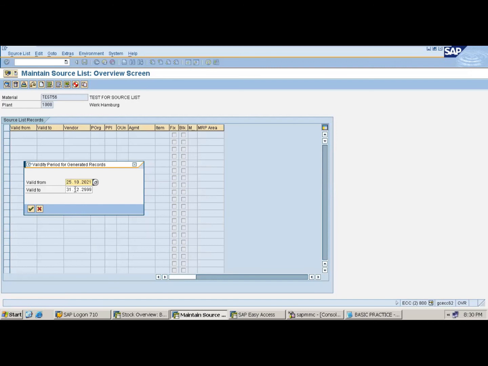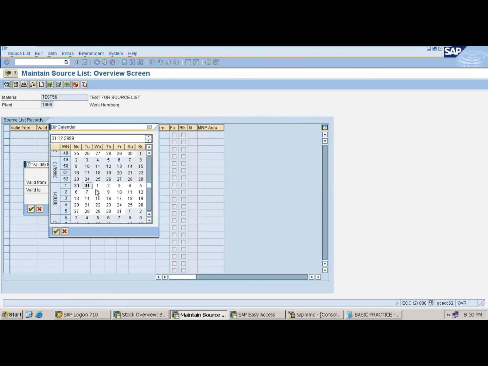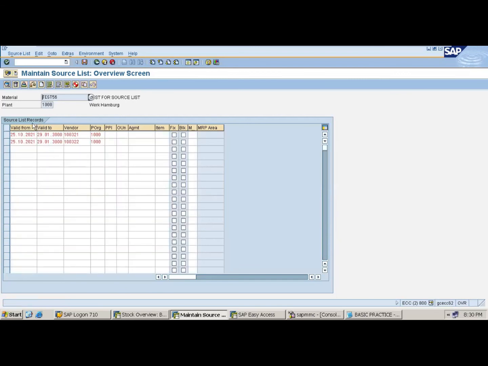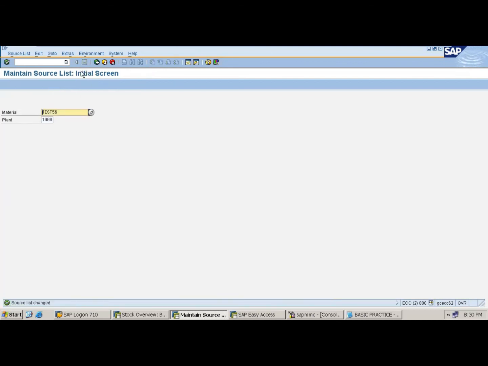That's the reason. Okay, I just take valid from, and valid to next month 29th. Okay, done. Perfect. See, if you want to block this vendor, then save it. Let me check.